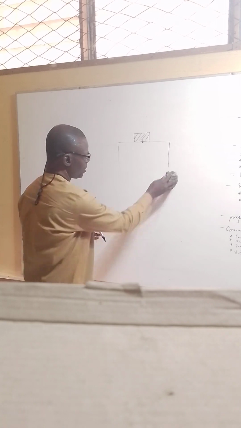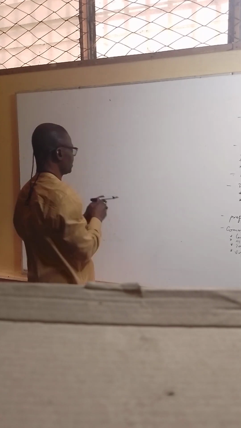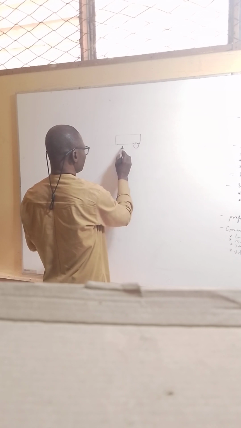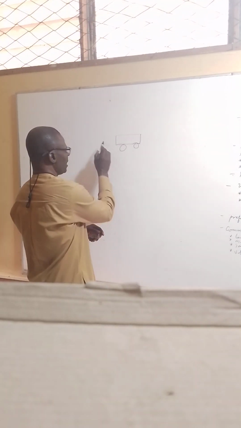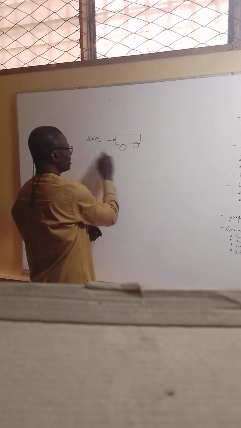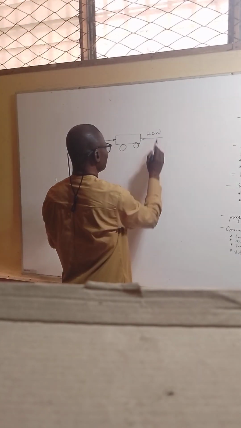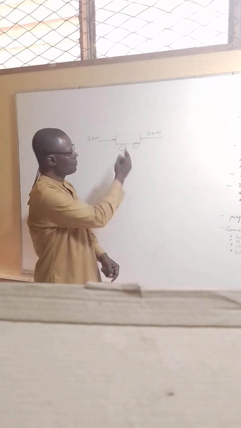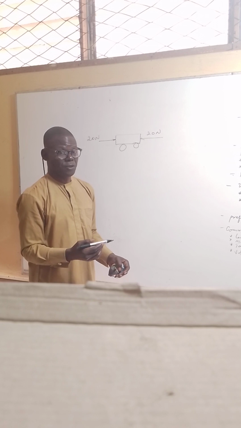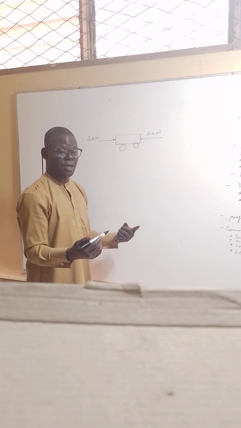Let's look at this example to show you the difference. If I have an object, let me say a car, and I apply a force of 20 Newton this way, and I apply another force of 20 Newton in the opposite direction, what happens to this car? It remains at rest. It doesn't move. There is no resultant force. And so this remains at rest. It means the two forces have cancelled each other.